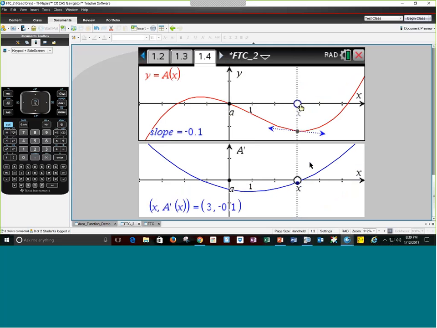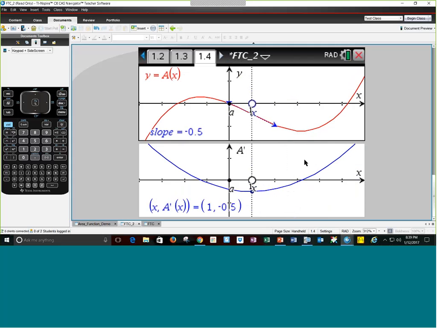But the big idea here is we're still hitting the same pieces, right? Noticing when we have critical numbers, when are the critical numbers equal to 0? When is the red function decreasing? What do we notice about the blue function? And trying to get those concepts across. But what we're trying to get to is how we go from one piece to the other, how we're getting to that second fundamental theorem of calculus.